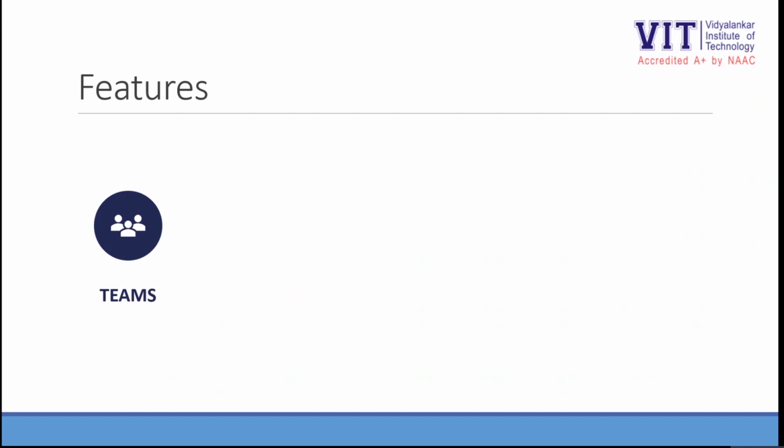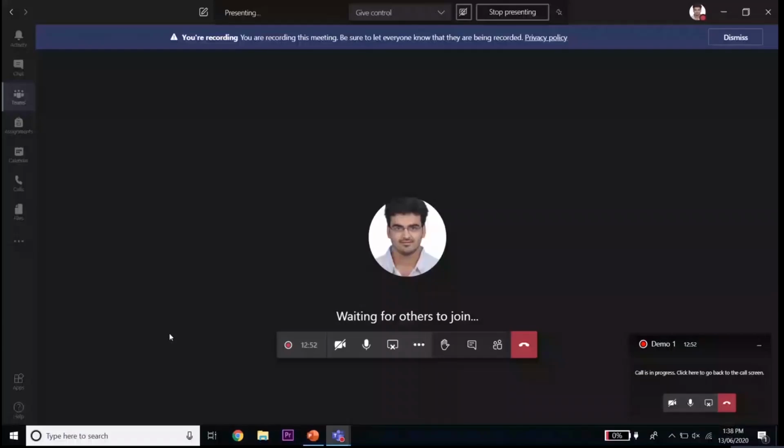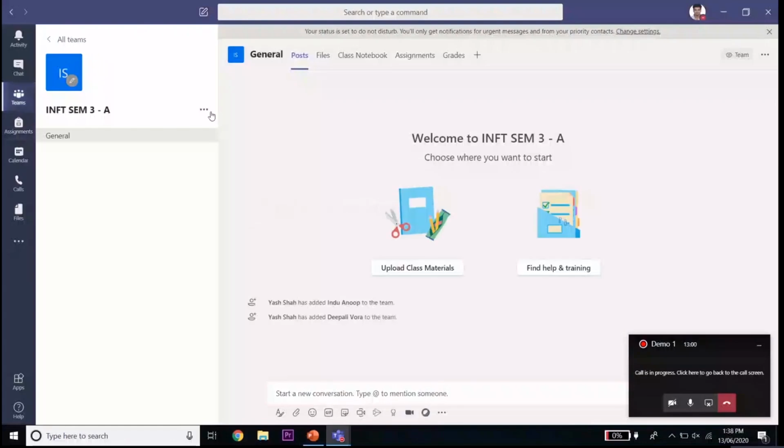The next feature of Microsoft Teams is channels. Within a team, members can set up channels. Channels are topics of conversation that allow team members to communicate without the use of email. Let us quickly understand how you create channels within our team. Let us go back to the team that we have created. To create a new channel, just click on the More Options button in the team homepage. Here you see an Add channel.